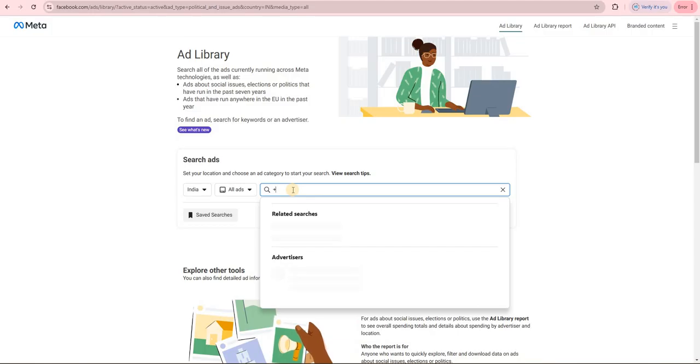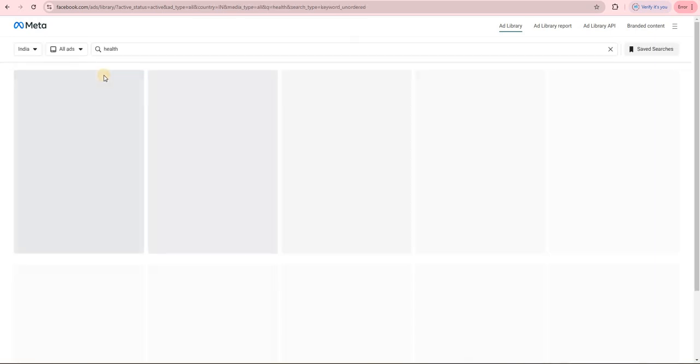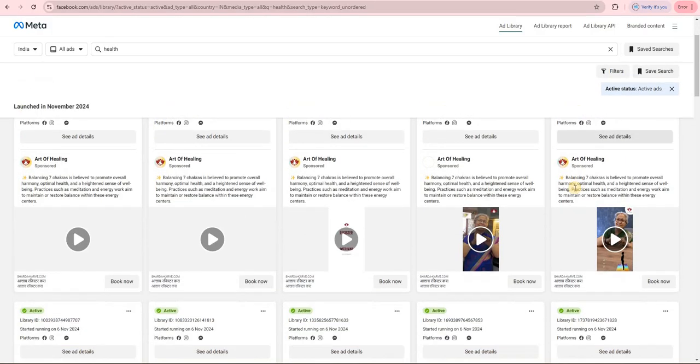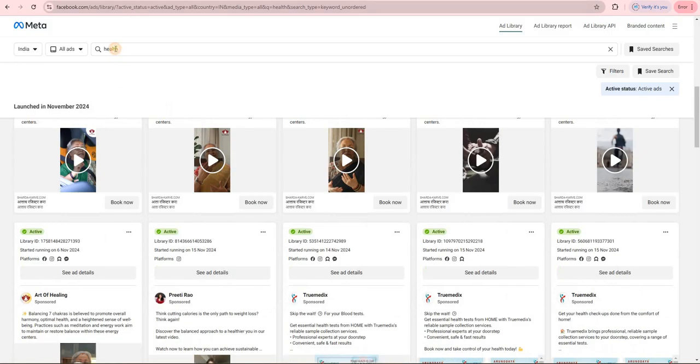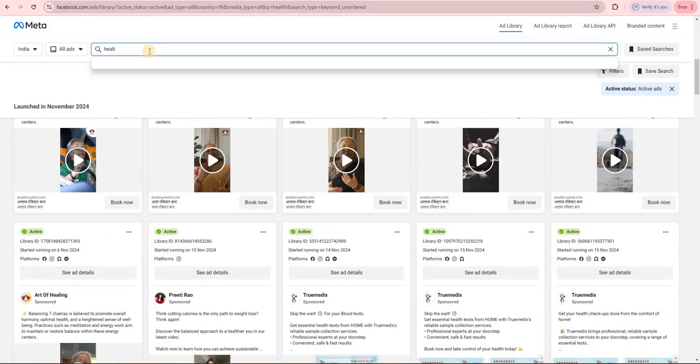Then you have to enter the keyword here. Suppose you want to run ads for the health industry, so just type health. Once you type health, all the posts and all the brands that are currently running ads will be reflected here. You can see here Sachik Raj. If you type here, say, full body checkup,